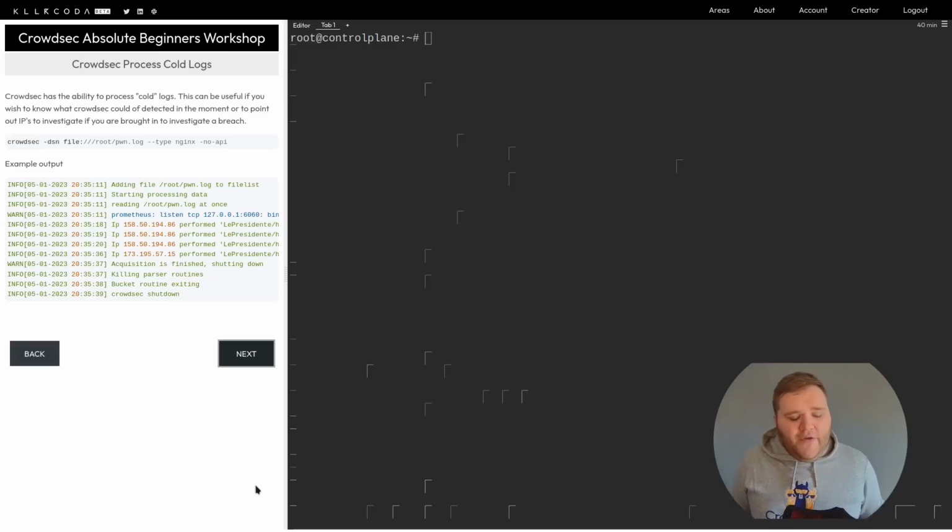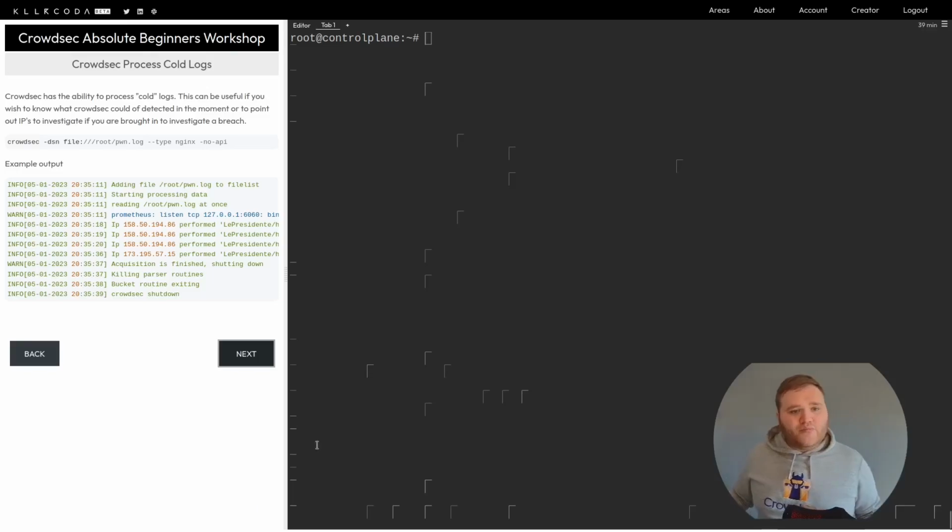that it would have made if it was going over the file live. This can be useful if you want to trial CrowdSec and run it over some logs that you have, just to see what CrowdSec would have done for those logs at the time. Or if you're a threat hunter or OSINT analyst, or you've got some logs passed on from a client and you need to know what IP addresses are of interest, you can run CrowdSec in